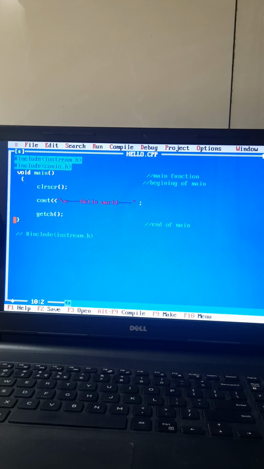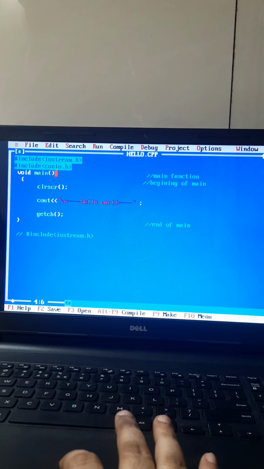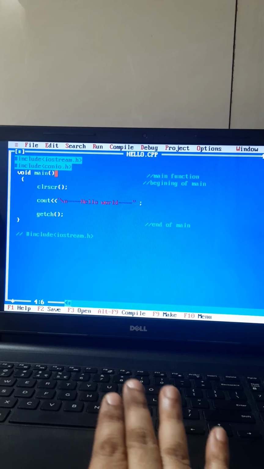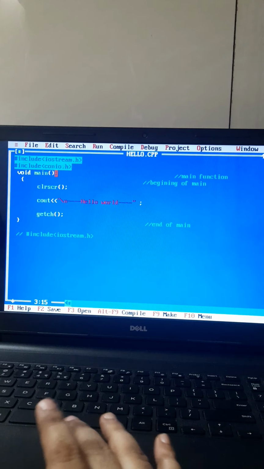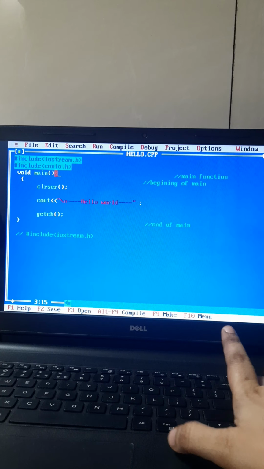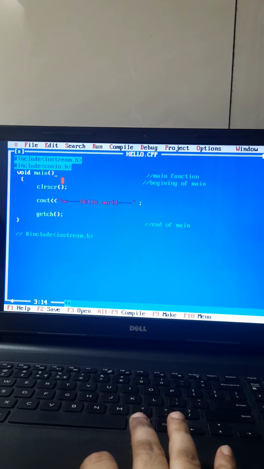After writing those statements, we close with a curly bracket, so the main scope will be over. As this is the indication of the beginning of main, I cannot write a semicolon here, otherwise its scope ends at that first statement itself. We have to write all these things inside the main, so you cannot end it there.